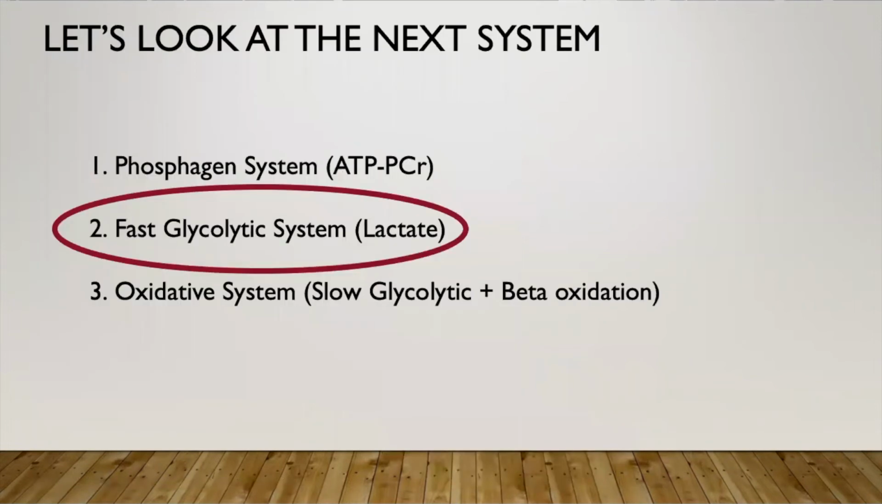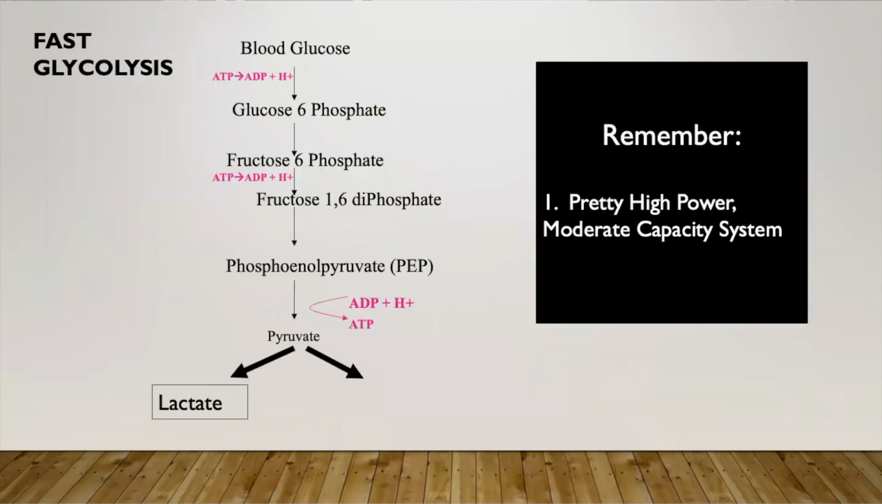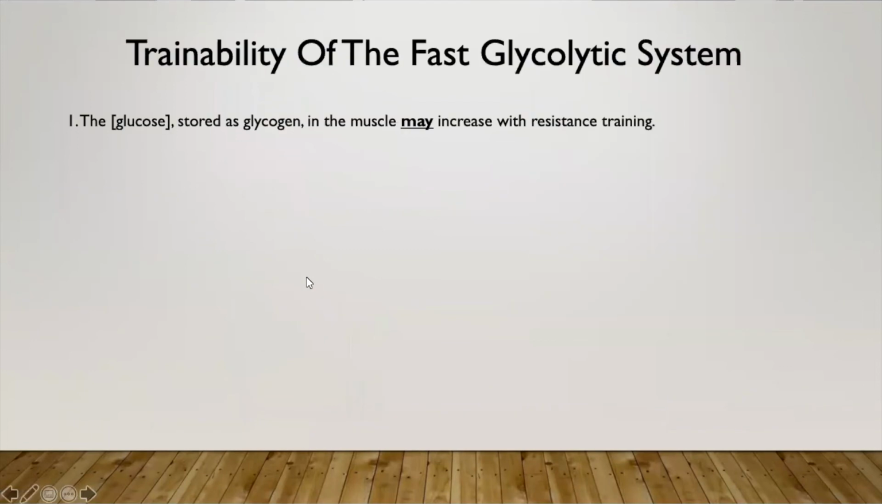Okay, so let's look then, since we've mentioned it several times, at the fast glycolytic system and see how trainable it is. All right, we're going to now talk a little bit about the difference between glucose and glycogen here. And we are talking about this system as being pretty high power, moderate capacity. And if you use glucose, as we see up here, you have this series of reactions. However, if you use